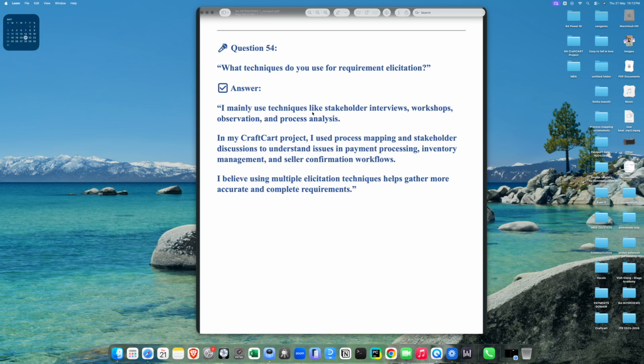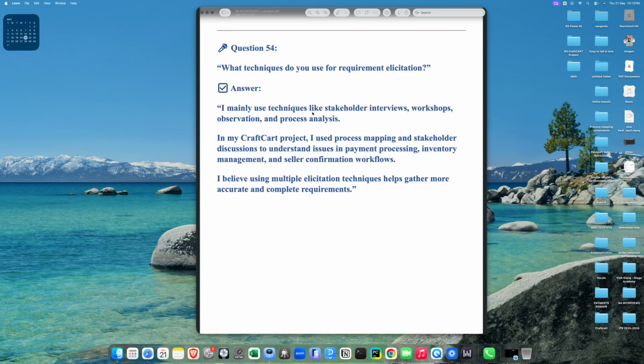In my CraftCart project, I used stakeholder interviews, process mapping, workshops, and stakeholder discussions to understand issues related to payment processing, inventory management, seller confirmation, and order workflows. This helped identify gaps like payment retry failures, delayed order confirmation, and inventory mismatches. Why do multiple techniques matter? I believe